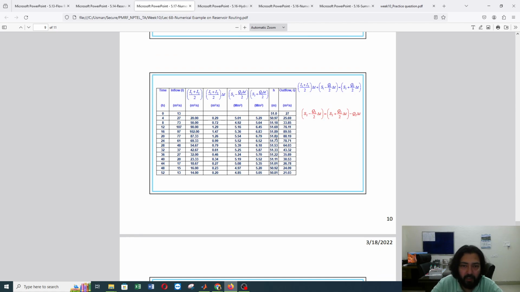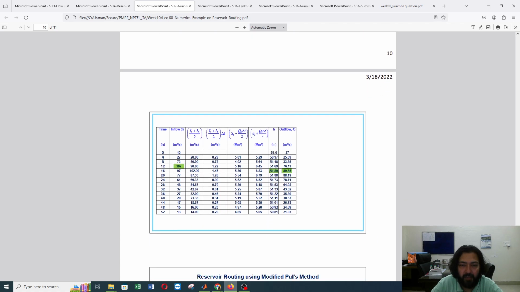So here if you look, the maximum value of head is 5.89, and for this value of 5.89, the outflow is 89.55, right? So this is the peak discharge for the downstream hydrograph, right? So what is the inflow for this outflow? The inflow is this value 109, right? So I would say this is the peak discharge for the upstream hydrograph, and this is the peak discharge for the downstream hydrograph.